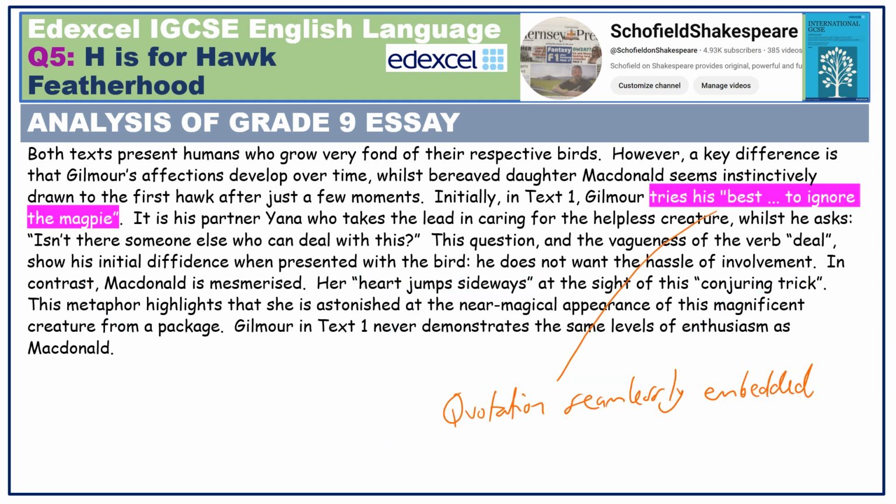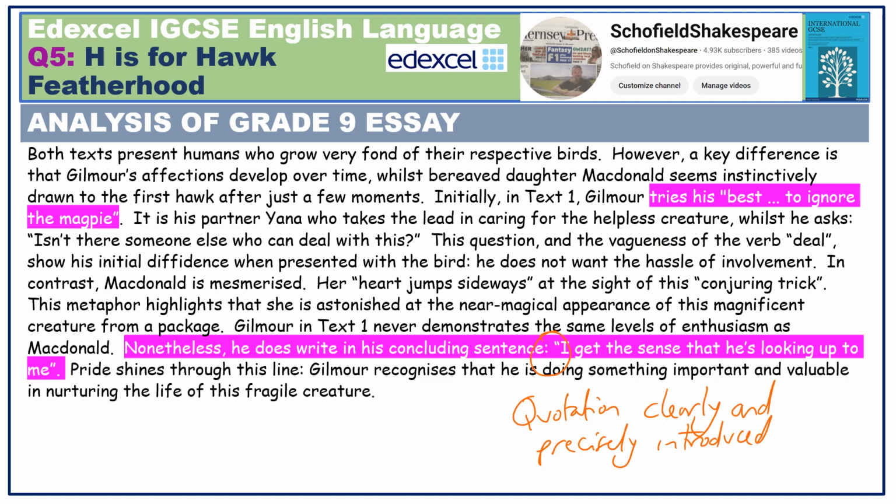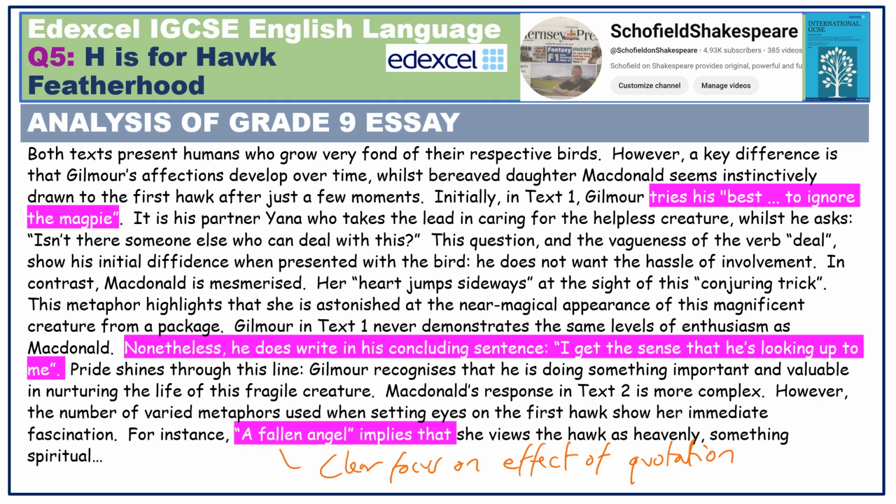Try also to vary how you introduce quotations. You might embed them deliciously, as I do here when I write that Gilmore "tries his best to ignore the magpie". You can potentially introduce slightly longer quotations with a colon. Nonetheless, he does write in his concluding sentence: And here I actually kick off the main clause with the quotation. "A falling angel" implies that